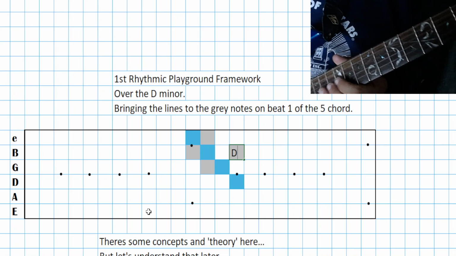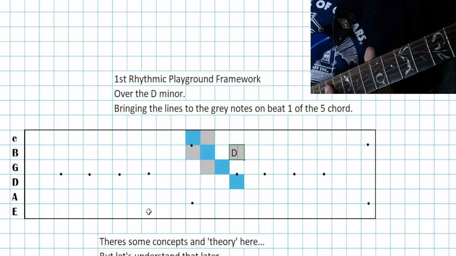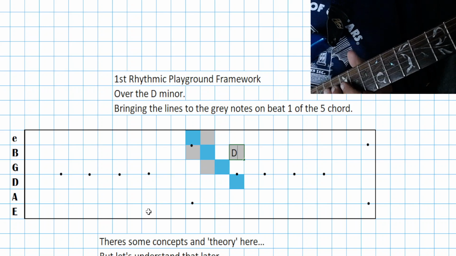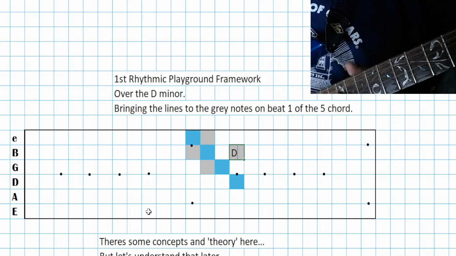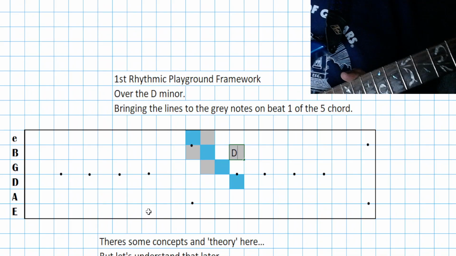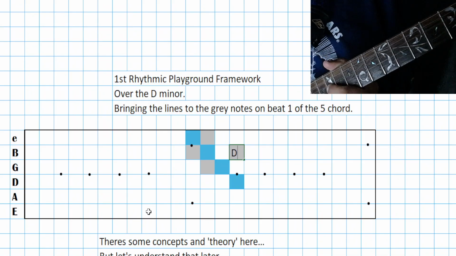So notice that, like, when I went, I kind of lost it there because I chose a lot of outside notes. So then I went to nail the 5 and the 1. You'll learn where all those notes are